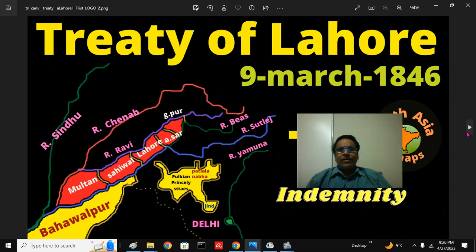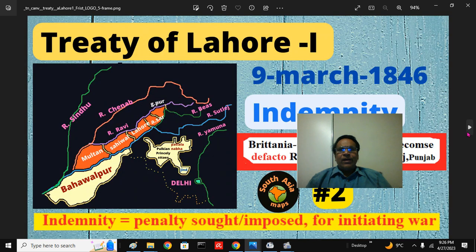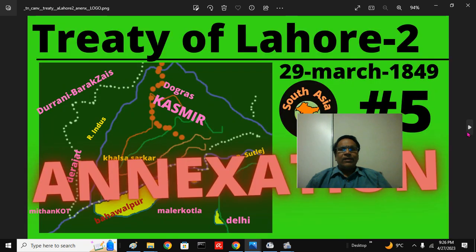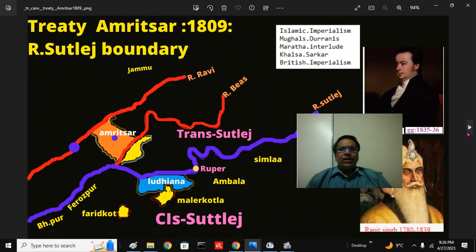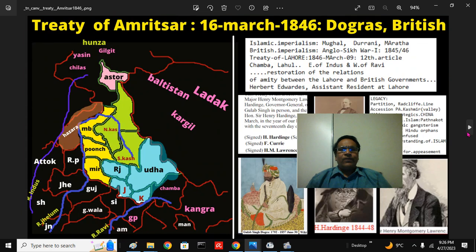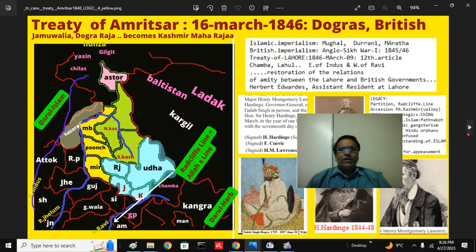This is the Lahore Treaty. This is the first treaty, the Indemnity Treaty. And this is the Annexation Treaty. This is the Lahore Treaty. And there are many Amritsar Treaties. These are all in the appropriate folder I have put for you so that you can